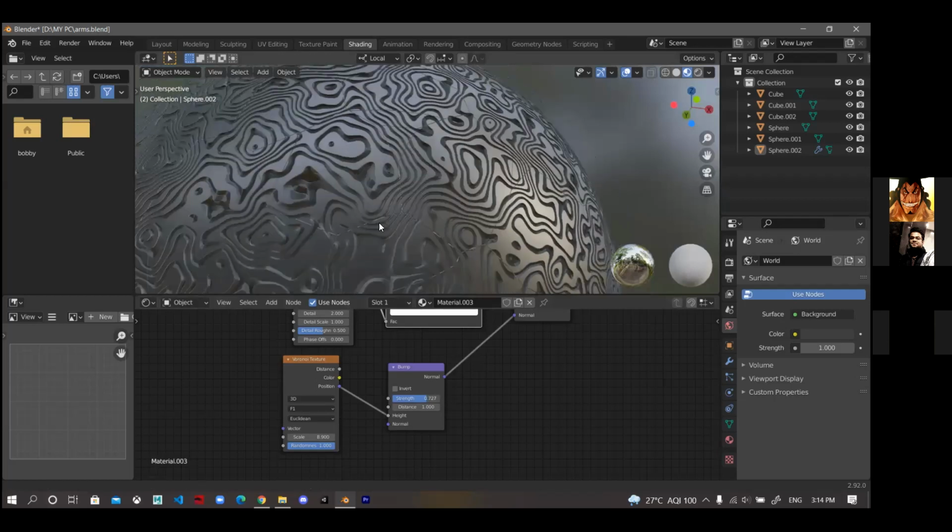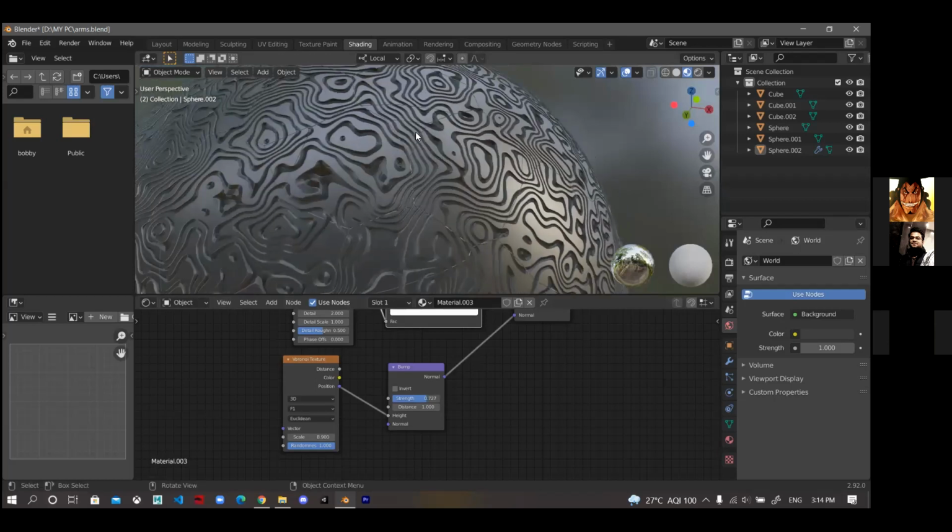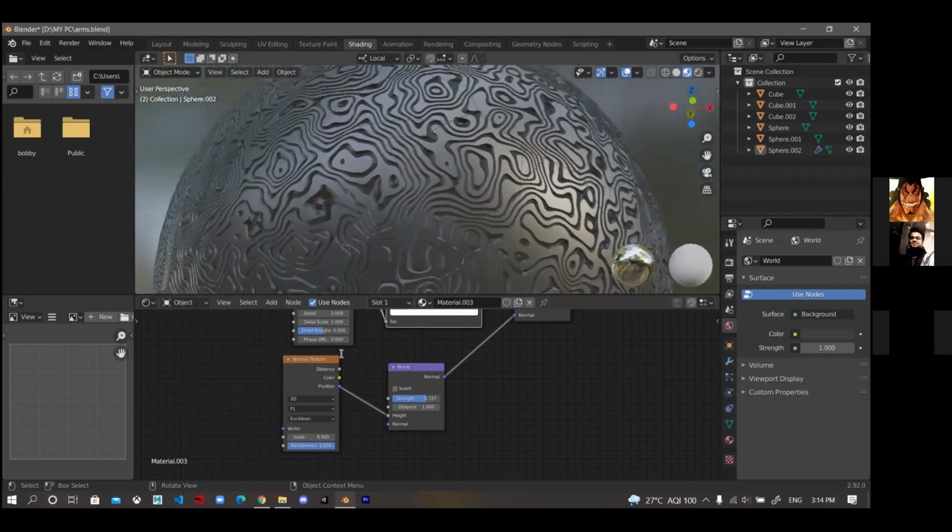You can see there is a kind of fracture. Okay, we can add a noise texture as well.